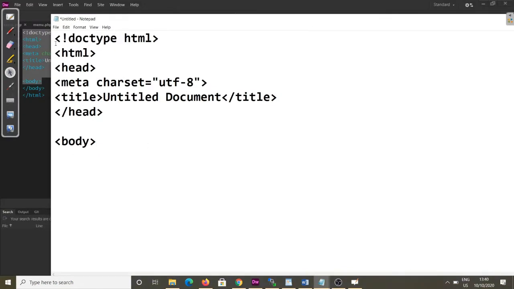Yes, so you see here, this is the basic structure for HTML5. The title is table demo. Coming to the body, this is the closing of the body and the closing of the HTML.